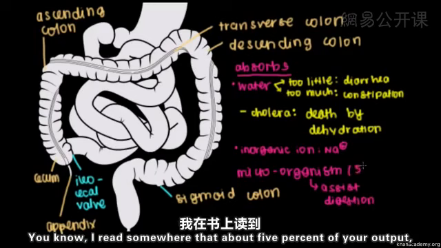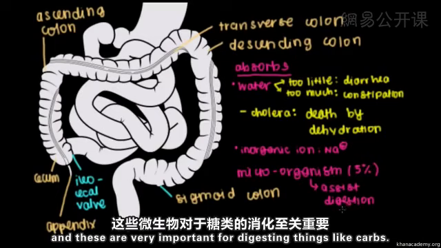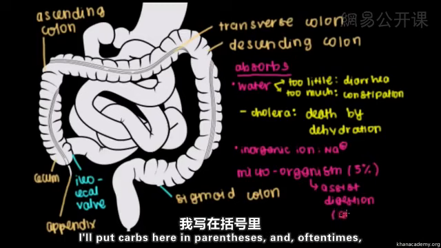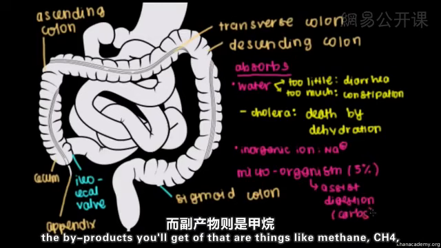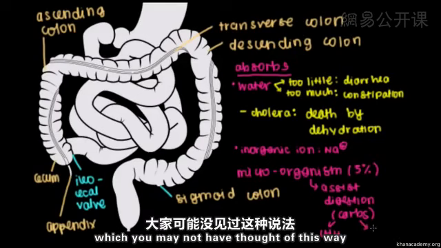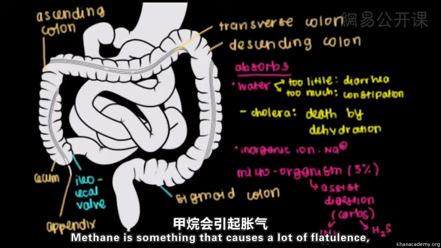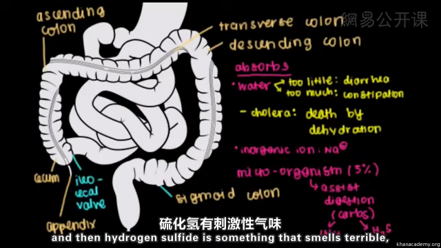I read somewhere that about 5% of your output, your stool at the end, is composed of microorganisms like bacteria. And these are very important for digesting things like carbs. I'll put carbs here in parentheses. Oftentimes the byproducts you'll get of that are things like methane, CH4. And then the other thing is hydrogen sulfide, which you may not have thought of this way, but actually sort of explains a lot. Methane is something that causes a lot of flatulence,